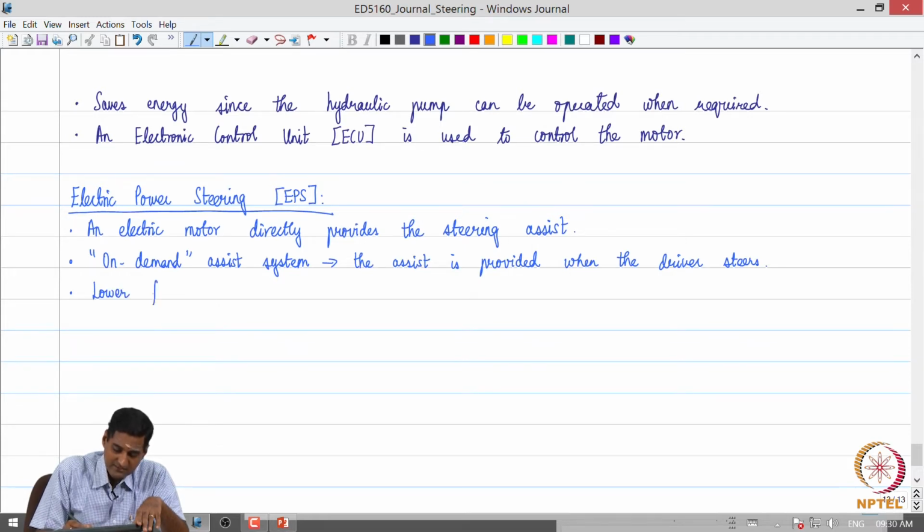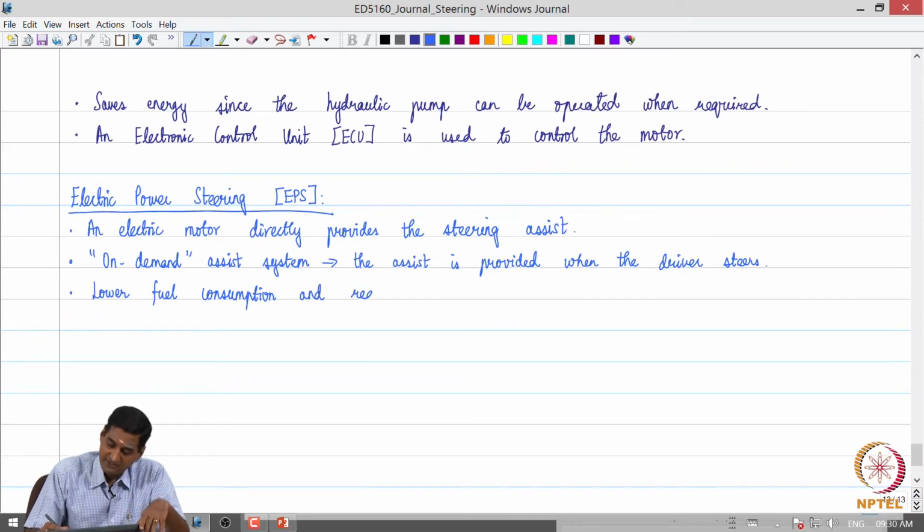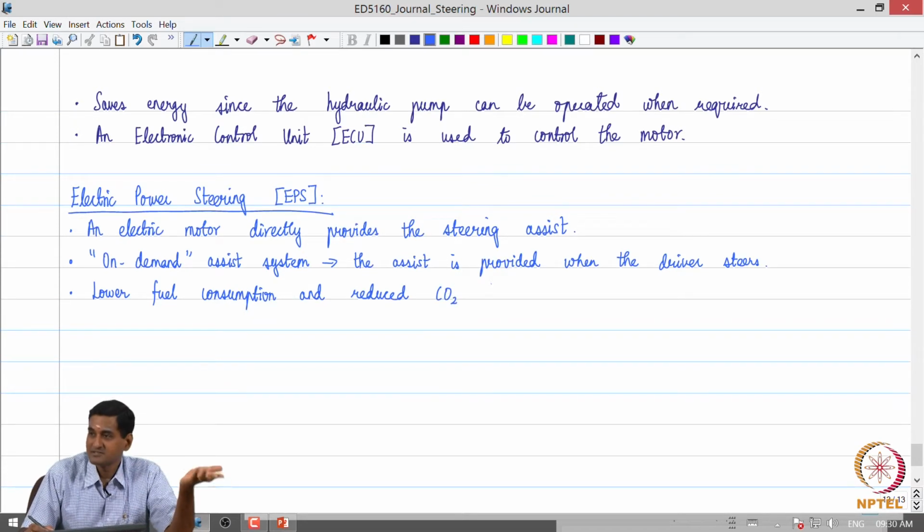lower fuel consumption. Why? Because compared to hydraulic power steering, where the energy is consumed in operating the motor pump continuously, this results in lower fuel consumption and consequently even reduced CO2 emissions, because fuel is saved. Essentially these are positive benefits of electric power steering, and it is more amenable to